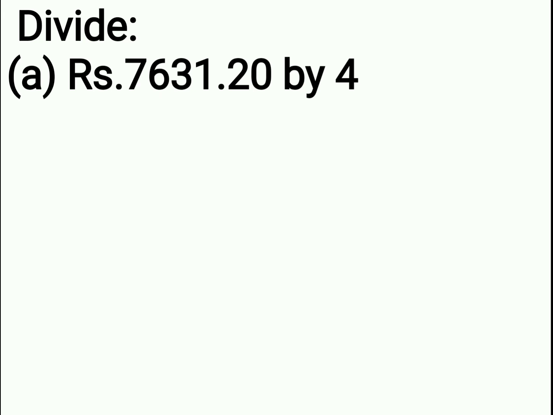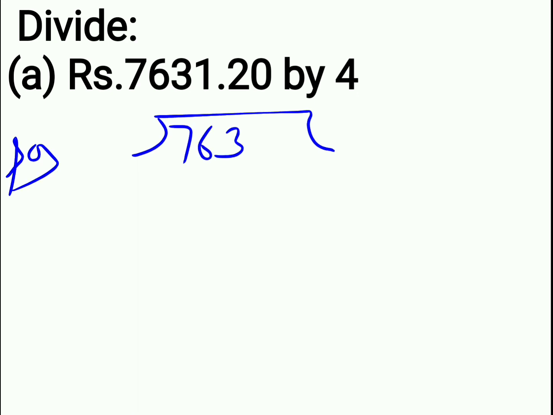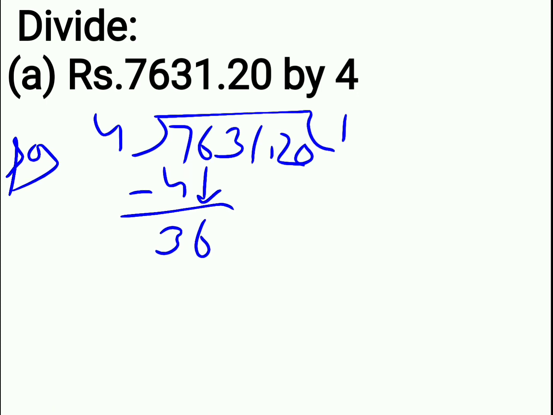Now we do question number 2 of activity 5. In this you have to do simple division. Clear? So the decimal we will put later on. So firstly you see how we do. 7631.20 divided by 4. 4 table. We write 4 ones are 4. Clear? Minus them. 7 minus 4 is 3. So take this 6 down. 4 table, 36 comes at 9. So you write 9 and 36 down.